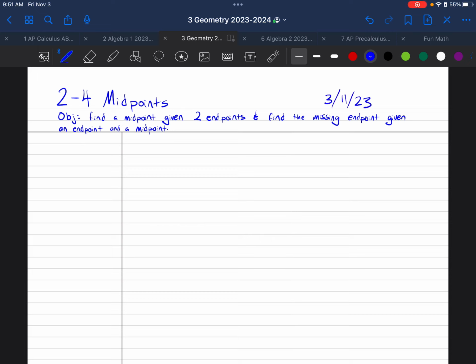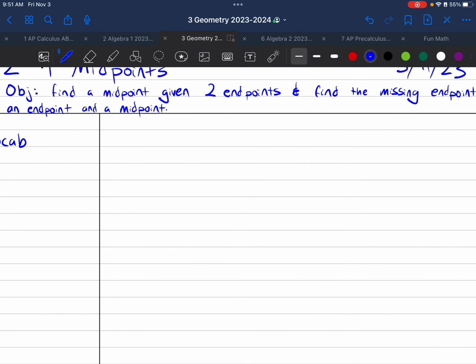Our objective today is to find a midpoint given two endpoints and to find a missing endpoint given an endpoint and a midpoint. There's a bunch of ways that we can approach this problem, but I want to start with some vocab. What is a midpoint? Technically, a midpoint is a point